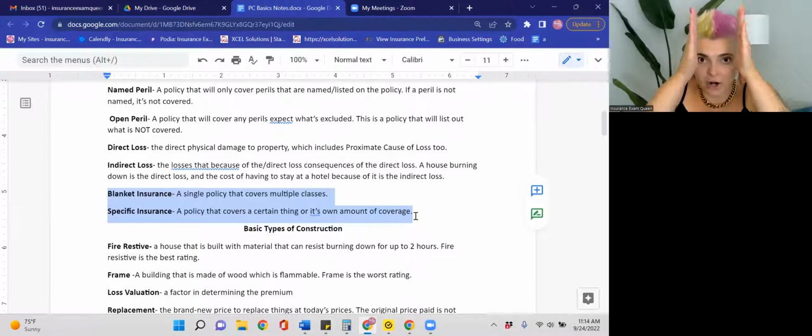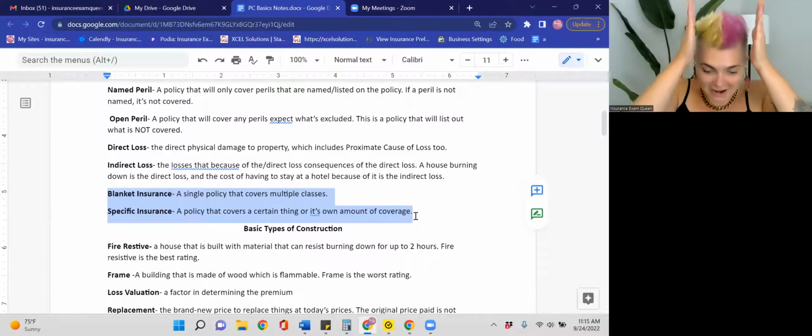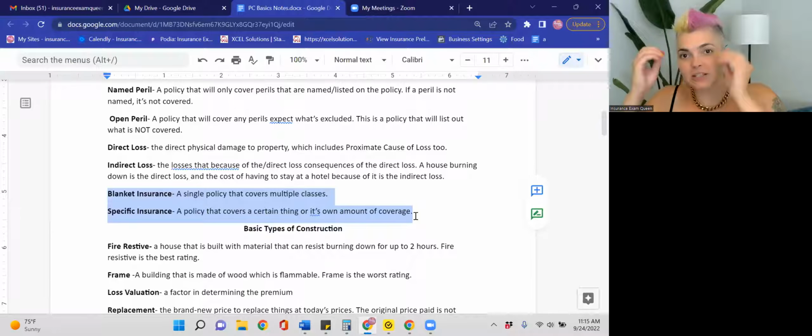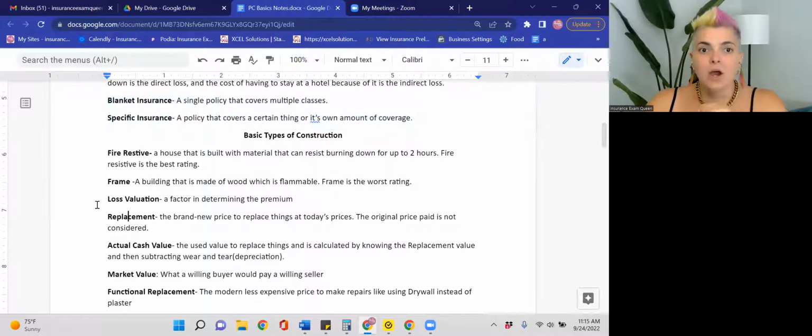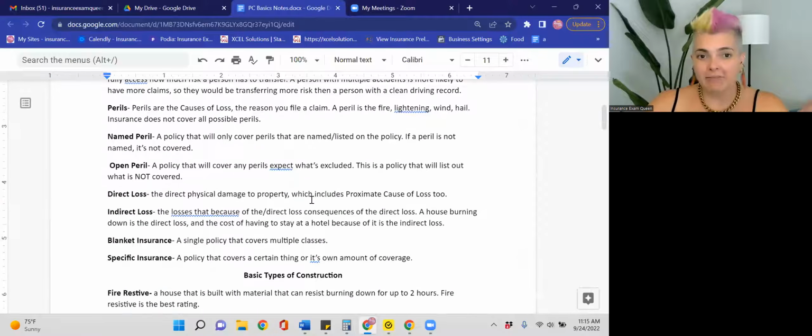Single says we all get our own blanket, our own bed. It's one thing covering one thing. So with specific, they're going to say certain or a unit. Like this one unit, this certain thing gets its own certain amount of money. Okay. All right. Now, whether it's blanket or specific, whatever,